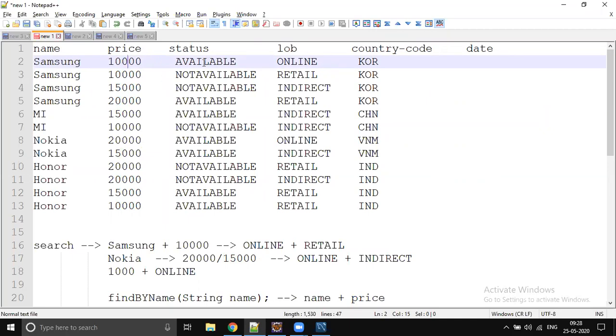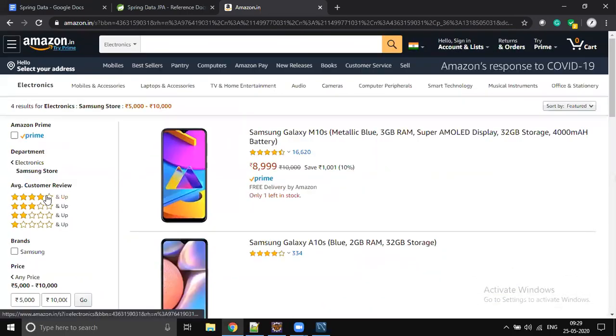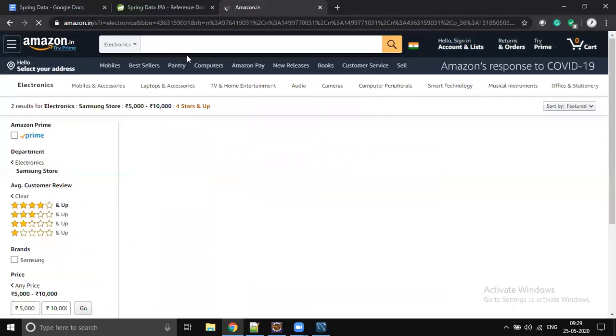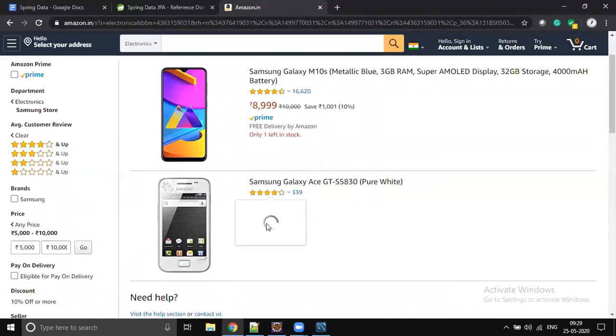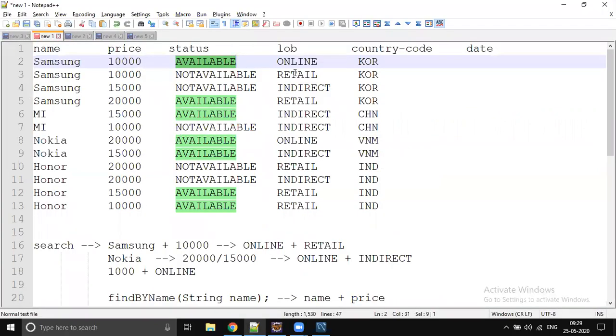The same thing is for status also. The same method should accept the status. If a value is coming for the status, then you should apply that filter. If he has not selected the status, then you should avoid that. For example, customer review: if he clicks on the customer review, then you should select that and give the result. If he has not selected it, then you should remove it and not apply it. And the same thing for LOB also.